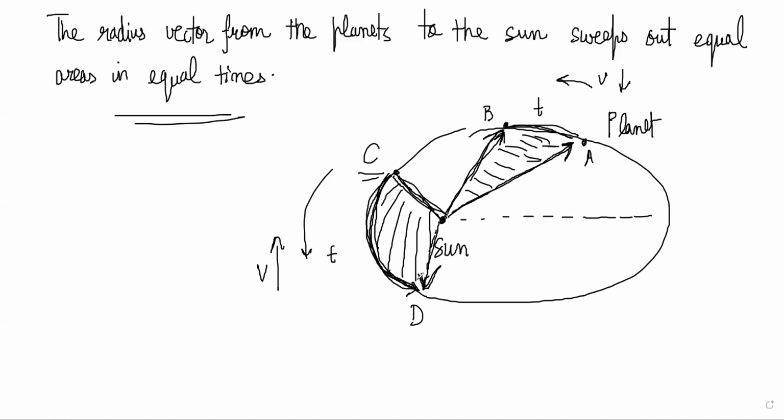Bigger distance so that the area becomes the same. Now, the proof of this is important to realize why it is happening like that. So, if you take the sun like this,